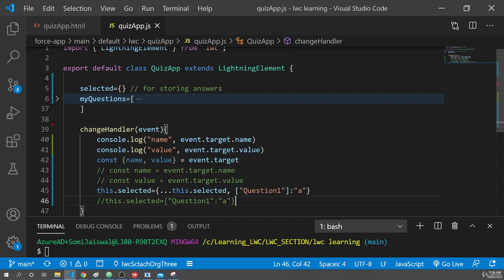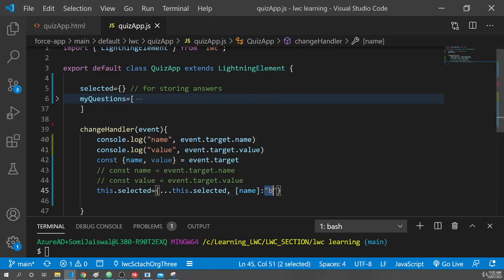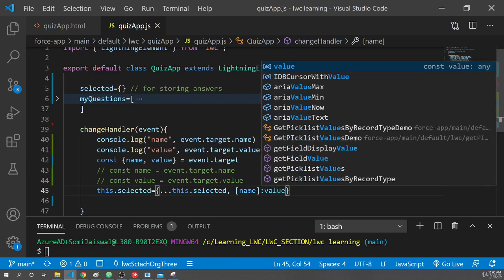Now suppose you change your mind and you select option B. What will happen is, this key is already available in this dot selected, and if you are adding a new value to the same key that is already available, it will overwrite, and immediately answer A becomes B here, like this. So that's the shorthand way. And name and value. Now we stored our